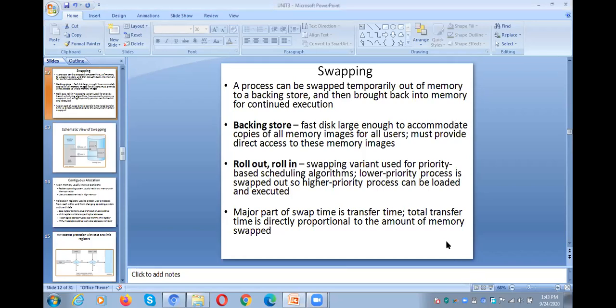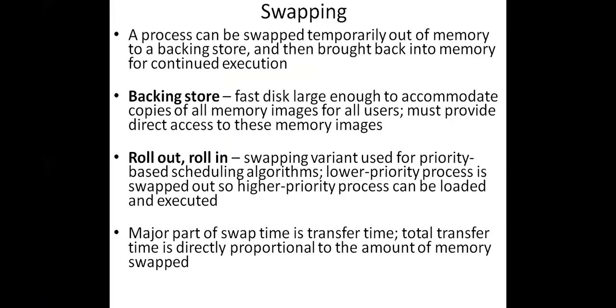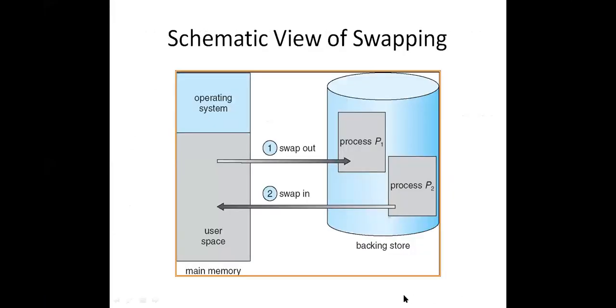I would like to show you the diagram so that you have a better idea. For example, here we have two types of memory. Observe the cursor. This is the main memory and this is the secondary memory. The secondary memory here is called a backing store, which means it is a disk. Usually the disk looks like a cylinder, so we draw the diagram like this. It is also called a backing store.